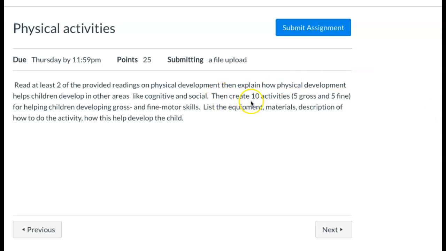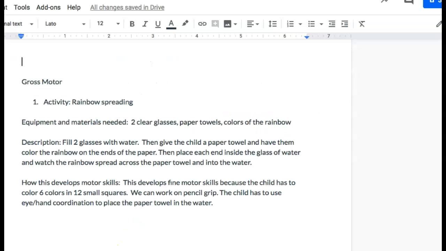And then you're going to create 10 activities, 5 gross and 5 fine motor, and how they help children develop these skills. And then you're going to list equipment, materials, descriptions of how to do the activity and how this helps develop the child. So here's my example,